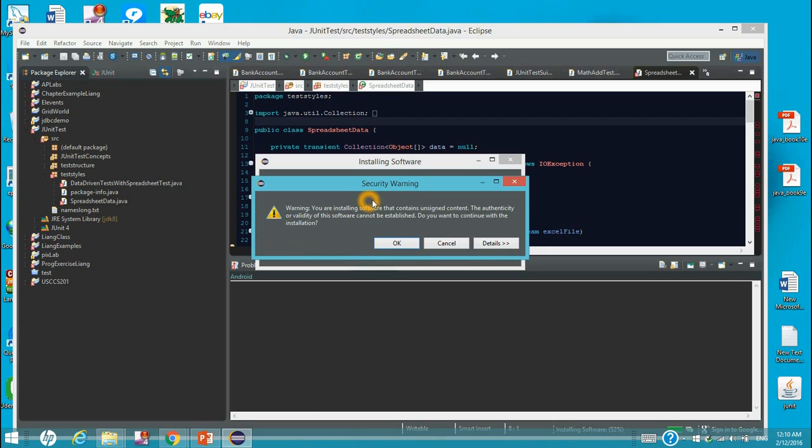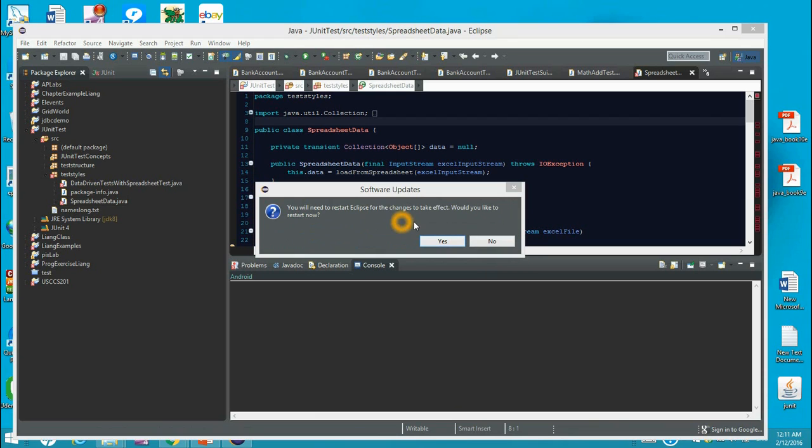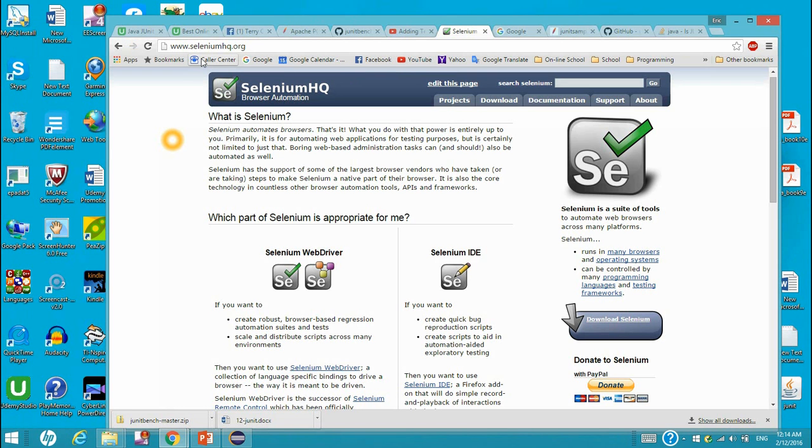If you see such a security warning, it's okay. Just click OK. After the installation, it says that you need to restart Eclipse for the change to take effect. Would you like to restart? Click Yes. And then for the Selenium software, you need to come to